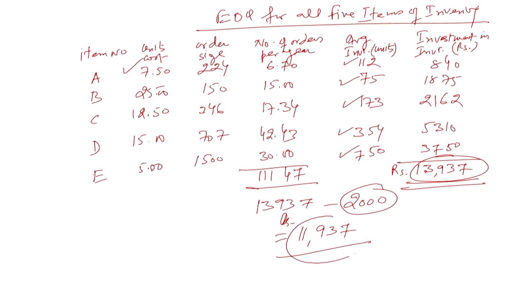So if this money is left with us, it means now we have to run the show with this 11,937 rather than the earlier amount we had, 13,937. So it means the production process should be smoothly going on. Availability of the material should also be sufficiently there in the firm. The overall operation should not get affected. We have to run the show also. We have to make sure that raw material is also available. Money has also gone down. The funds available have also gone down by 2,000 rupees.